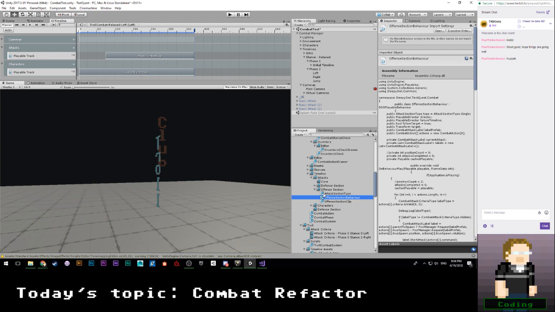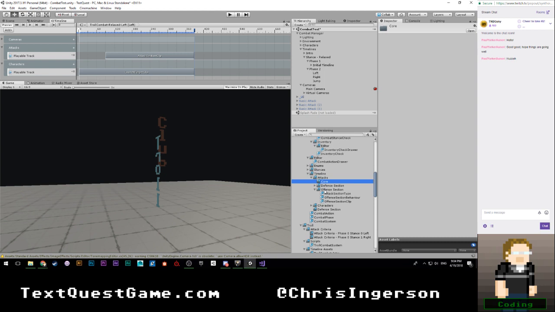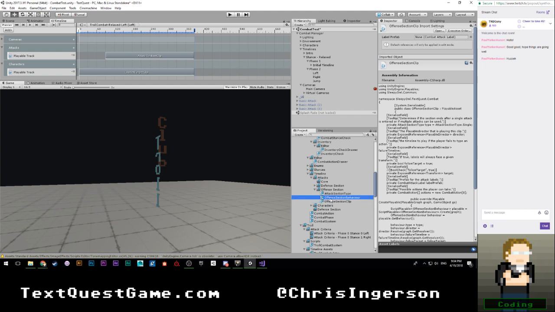I'm also going to need to move attack section type back into core, once this finishes compiling, and it's incredibly frustrating that it's not. There we go. Jeez. This is going to be fun. We might actually end up just creating the base classes and then having things extend that for offense section, and